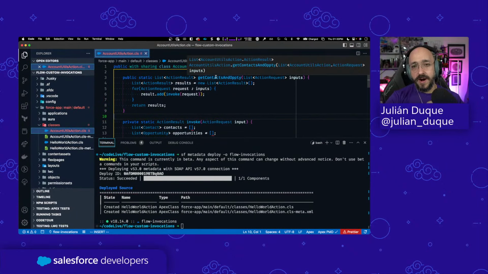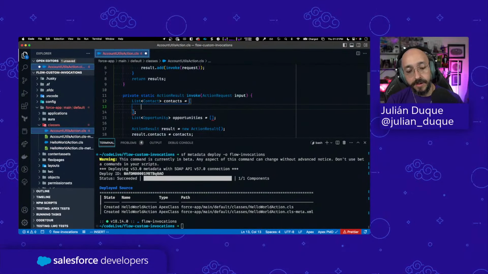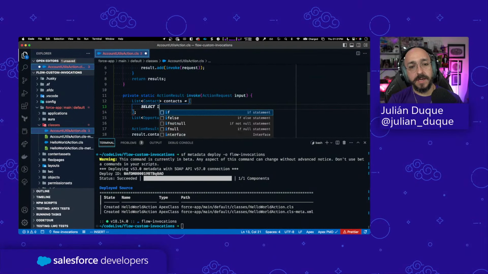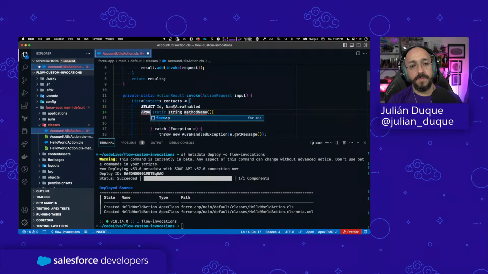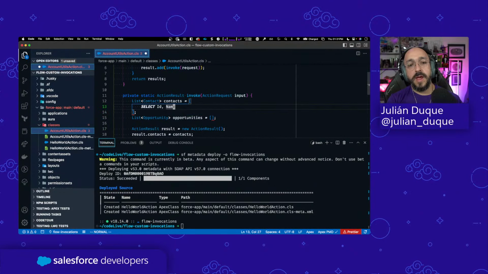So far, what I have is the basic methods. Then what I need to do is perform the SQL operations to get the contacts based on that account ID. So let me, for contacts, get the ID and the name. Don't autocomplete. I don't need you to be autocompleting anything here. Awesome. Name from contact